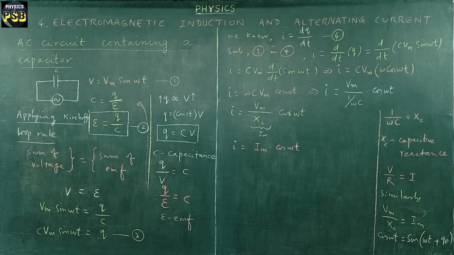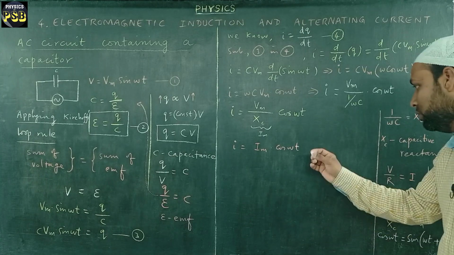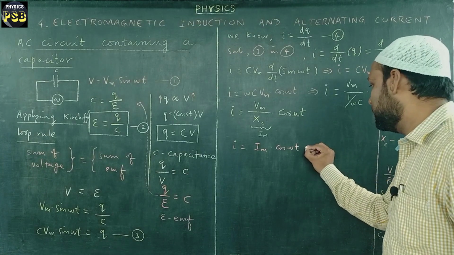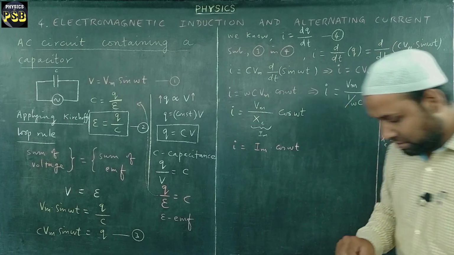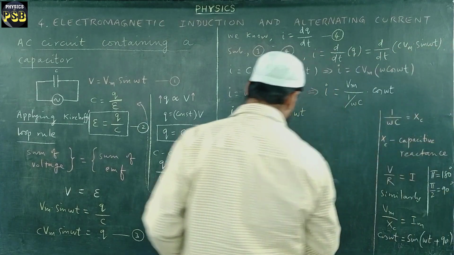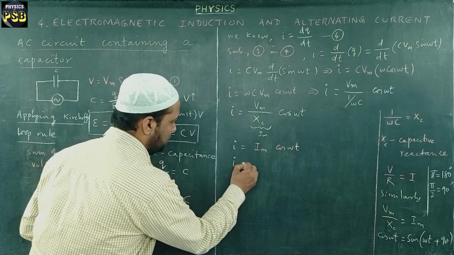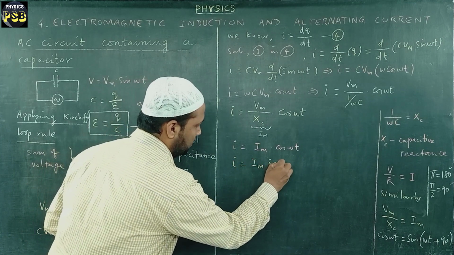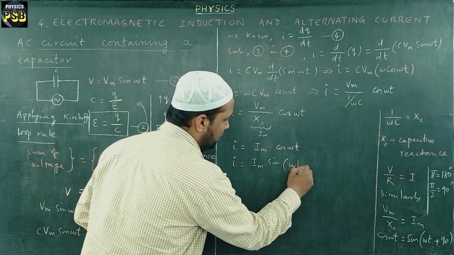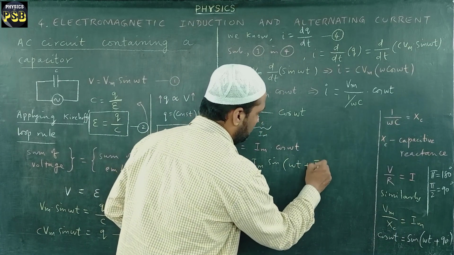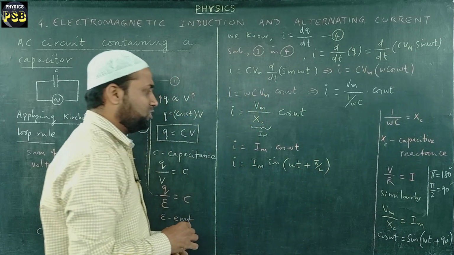Here we know the value of pi in degrees is 180 degree, so pi by 2 is equal to 90 degree. So in the place of 90 degree, I can write pi by 2. I'll write this in the next step: I is equal to Im sin of omega t plus pi by 2. This is the final expression which represents the